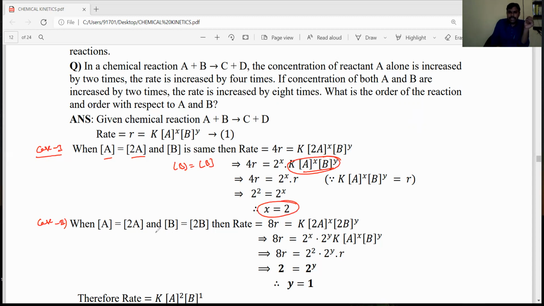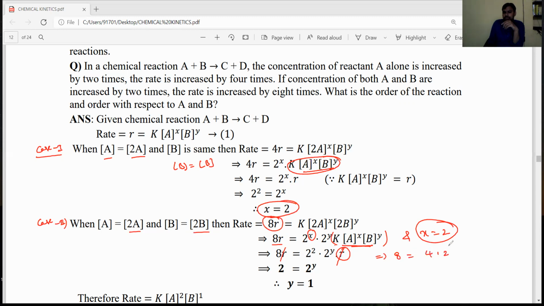In the second condition, the concentration of A is doubled and the concentration of B is also doubled, and the rate is 8 times. So 8R is equal to K into (2A) whole power x into (2B) whole power y. Simplifying, 8R is equal to 2 power x into 2 power y into K into A power x into B power y. This A power x into B power y is nothing but R. R and R cancel, dear students. We already know that x is equal to 2, so substituting x equal to 2, 8 is equal to